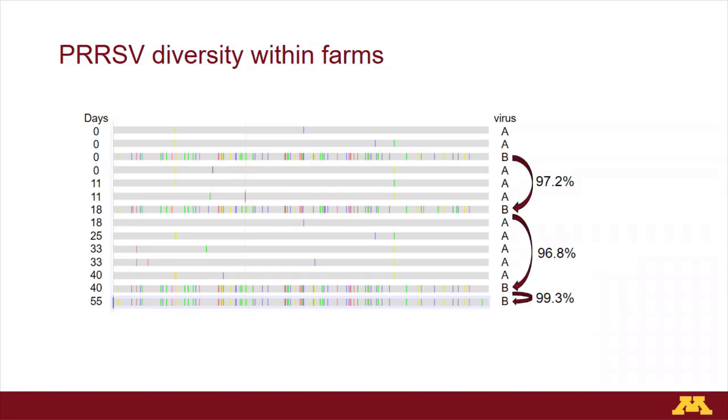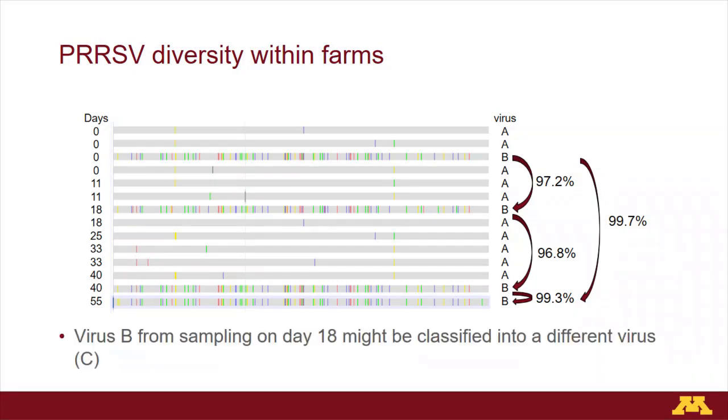So if you try to look at the evolution of just virus B, we would see that from day 0 and the last day that they sampled, day 55, we don't have a lot of differences. However, if we look at day 0 and day 18, and day 18 to the other days as well, we see that the virus is quite different. So maybe that farm doesn't have only 2 viruses circulating, it could possibly have 3 viruses circulating. And that sampling, at least that first sampling, wasn't enough to capture all of that diversity as well.